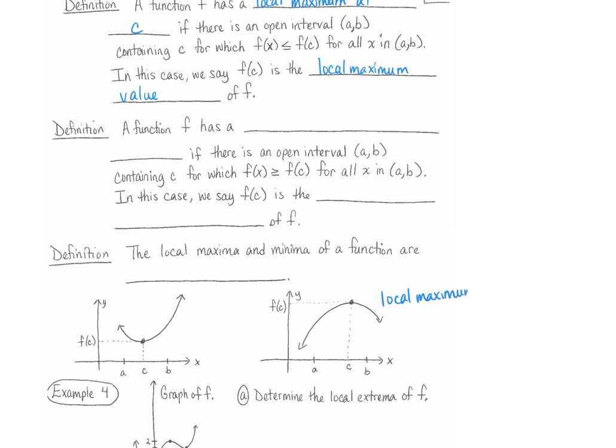And note, listen to the language. It says we have a local maximum at C, but the local maximum value is f of C. The local maximum occurs at C, but the local maximum value is f of C. Are we good? Okay. A function f has a local minimum